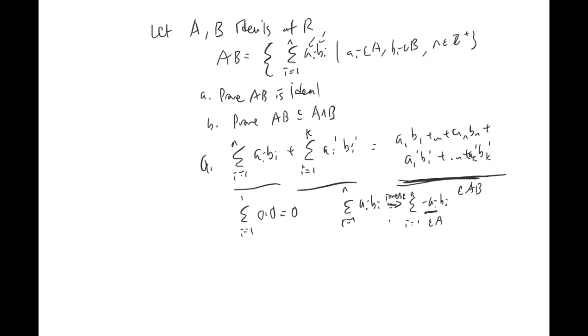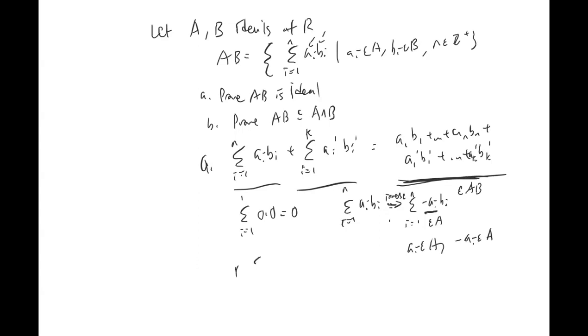Because A is an ideal. So if a_i is in A, then negative a_i is in A, because all you're doing is multiplying by -1, right? And the magnet property sucks in everything you multiply by in R. So this is a subgroup, and obviously,